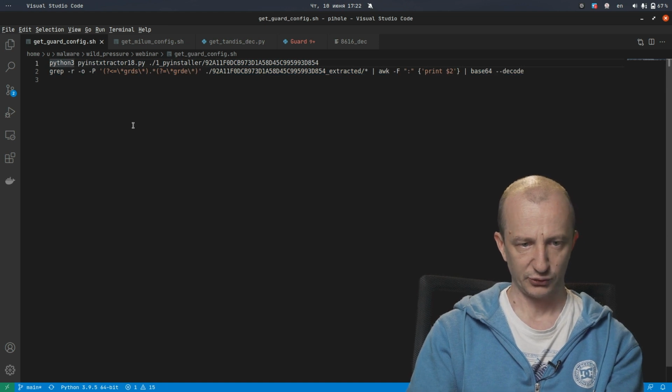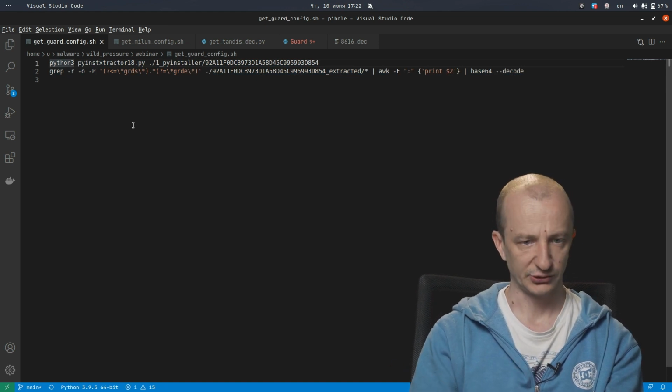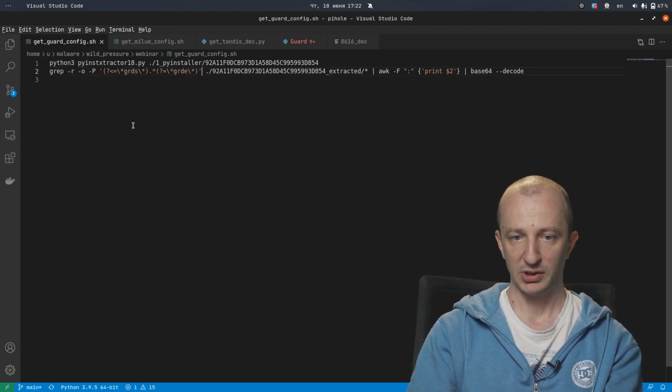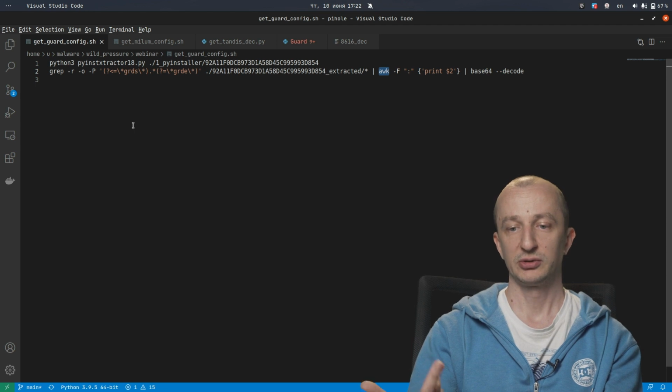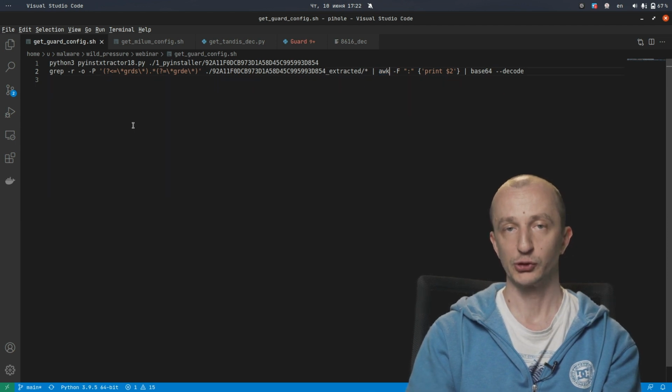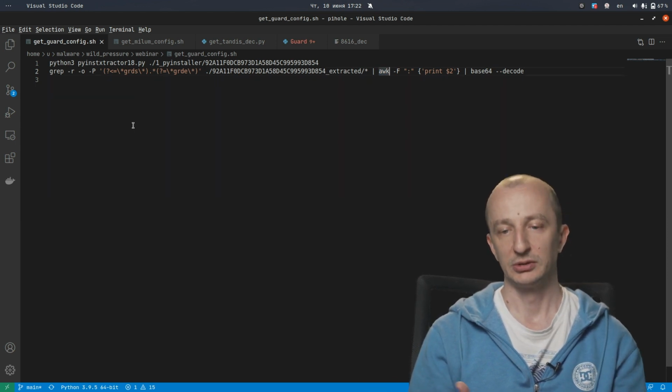First, it just extracts our guard and other files. Second, we grab for our GRDS and GRDE in our extracted directory. And then with AWK, we decode from base 62, keeping the configuration data